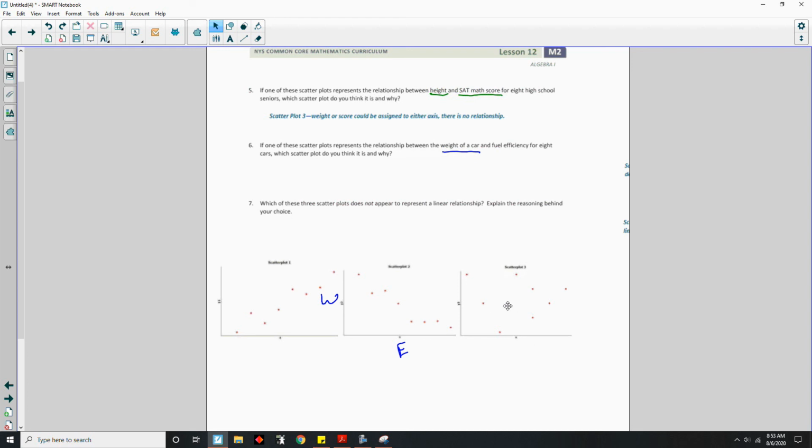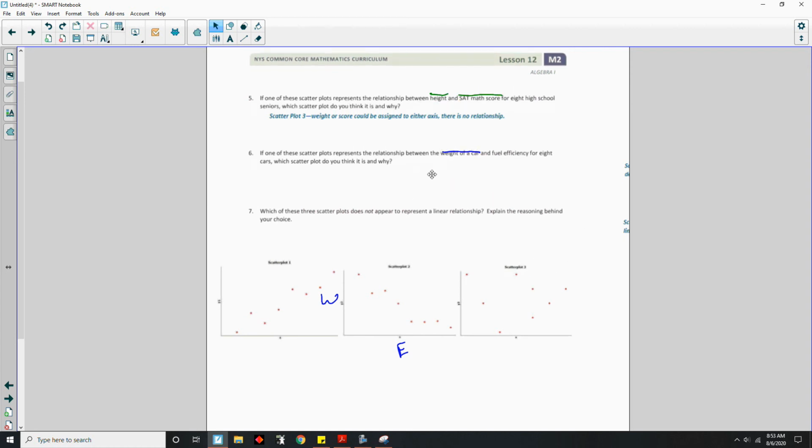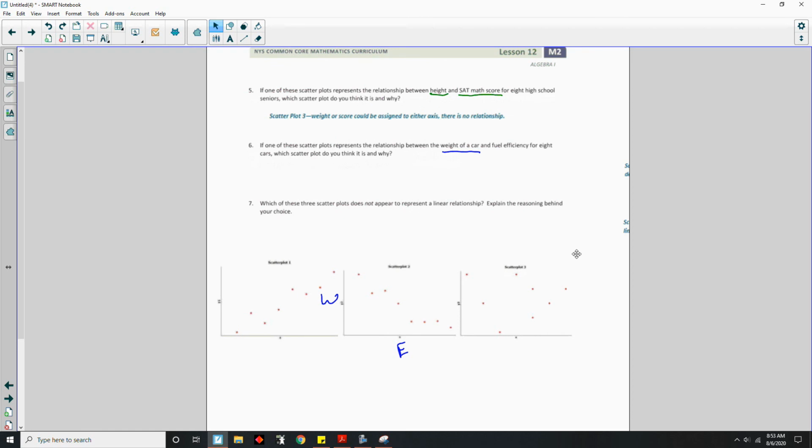And then finally this one here would say that there is no correlation between weight and fuel efficiency. There is a way you could argue that, and I'll explain that in a moment, but let me bring in the answer. Scatter plot 2, weight or fuel efficiency could be assigned to either axis. As weight increases, fuel efficiency decreases. So in this case, we're saying fuel efficiency increases, the weight is decreasing. But if we rotate these around like so, then now we're saying as the weight increases, efficiency decreases. But I would also